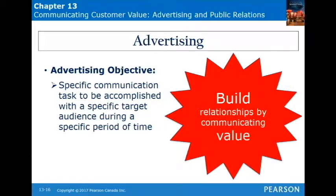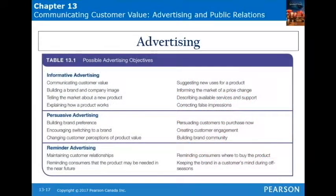Advertising objectives: a specific communication task to be accomplished with a specific target audience during a specific period of time. Build relationships by communicating value. Here's Table 13.1, possible advertising objectives. Informative advertising: communicating customer value, building a brand and company image, telling the market about a new product, explaining how a product works, suggesting new uses for a product, informing the market of a price change, describing available services and support,